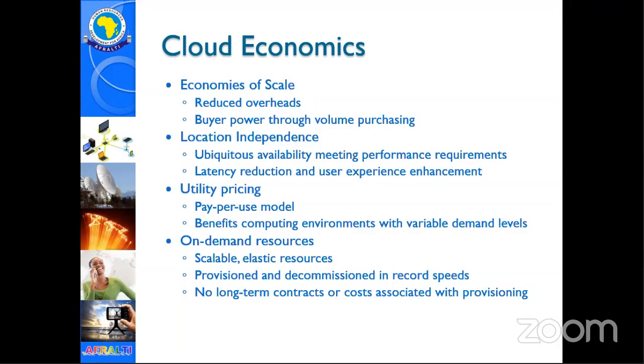And of course, by that flower farm moving their services to a data center in Addis Ababa, the latency will reduce because now they no longer need to connect from Ethiopia to Kenya. They've moved with that. So that is one advantage. And then, of course, there's the pay-per-use model. You can vary your demand by using on-demand resources. It's scalable, it's elastic. And you can quickly bring on and decommission services within no time, and I'll show you how.